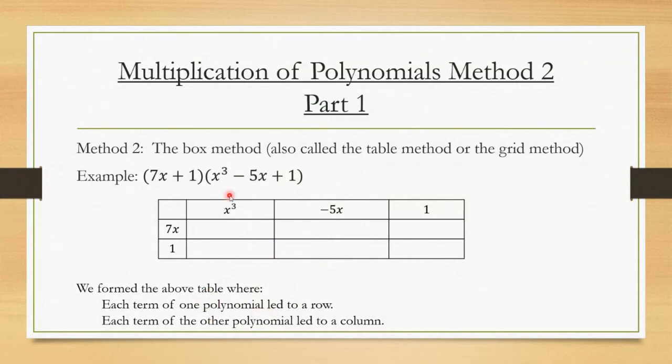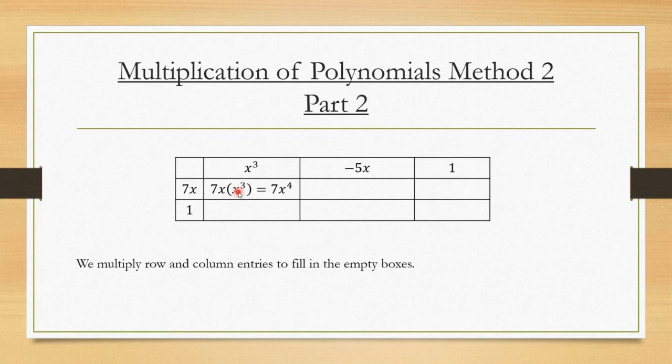Each term from one polynomial gives us a column, okay? And each term from the other polynomial gives us a row. And now, to get the terms in here, as I illustrate here, you're just going to multiply. Namely, we do 7x times x cubed, okay? And that gives us 7x to the 4. That's the entry in this box. Each of these boxes, or grids if you want, that's how you're going to find the entries in them. You multiply the row and the corresponding column